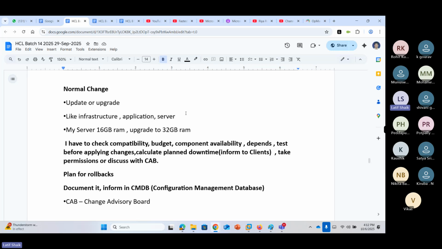But the person responsible for designing these changes has already designed, tested, and documented them. Once they get permission from the CAB, the change advisory board, they will inform you to do the change: this person does this change, that person does that change, updations, upgradations, access permission changes, and test after the changes.